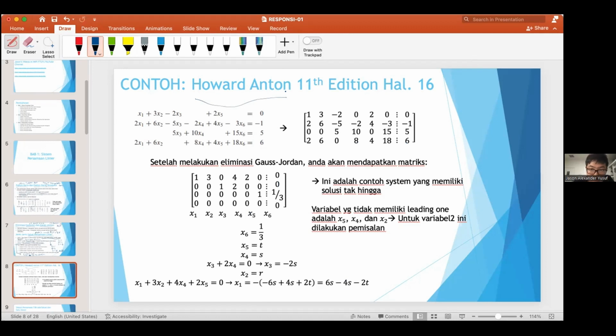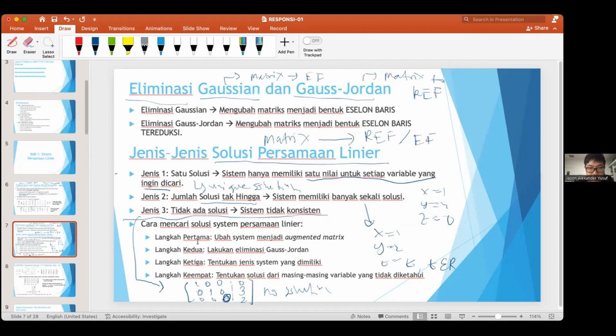And next, this is an example on how you do the elimination. This is just an example. So basically, from this to this, the first thing that you should do, I forgot to mention, how do you find the solution? The first thing that you should do is to convert the system into an augmented matrix system. What do I mean by that? If you look at the next slide,